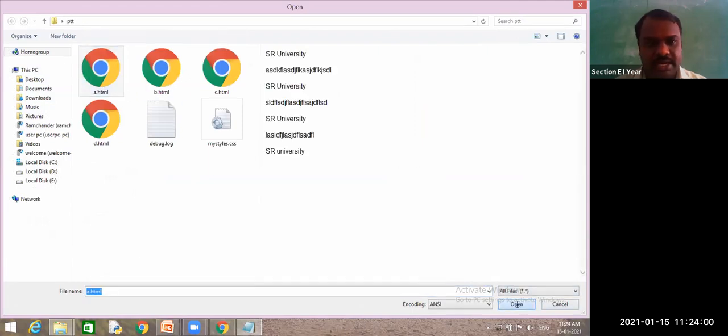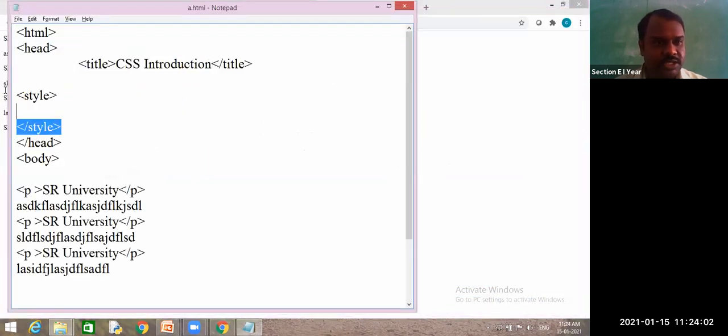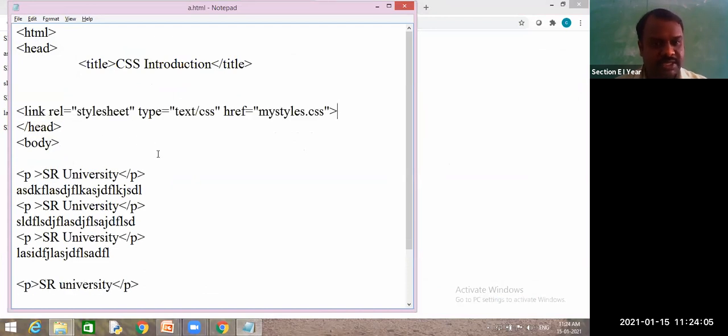I am adding to a.html. Just remove these styles and replace with this link. I'm not doing anything much, just copy pasting that same line.